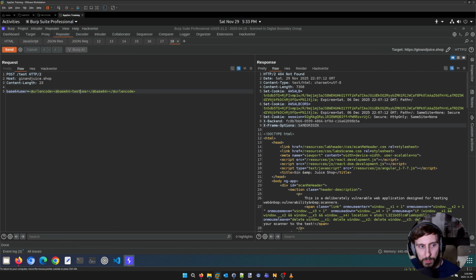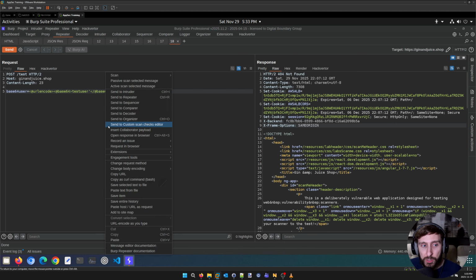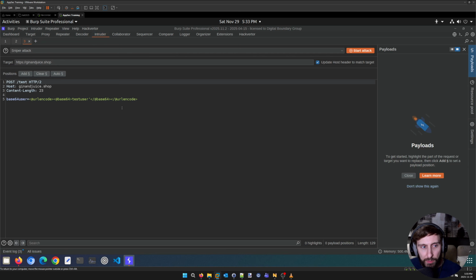So what happens here is we have our data, which is first base64 encoded, and then it has a URL encoding applied. And so that should be received at the server with all of the correct encoding that the application expects. And now we can simply edit the raw data, this test user here, right? I can have test user and then insert a single quote to test for classic SQL injection or other injection vulnerabilities. I can do all kinds of things. I can send this to Intruder. And if I run this Intruder, I can set a payload position and send payloads in here, and